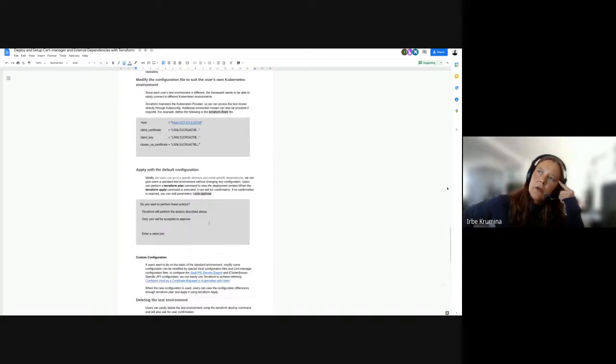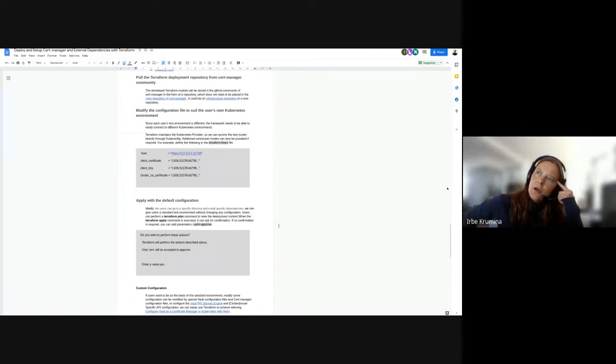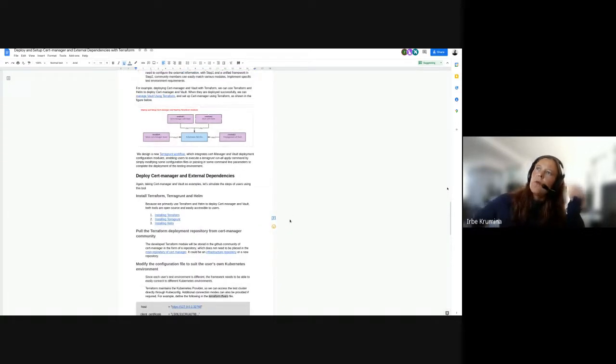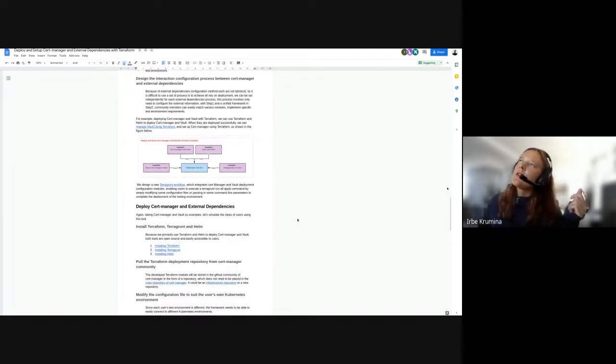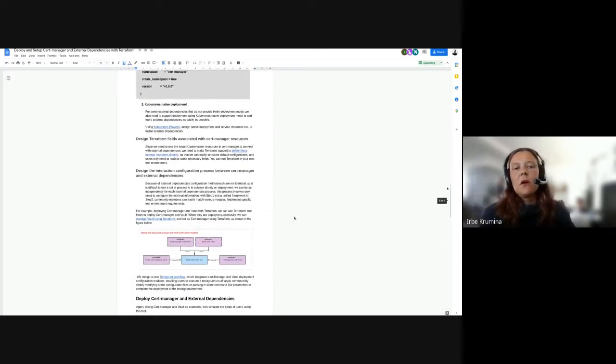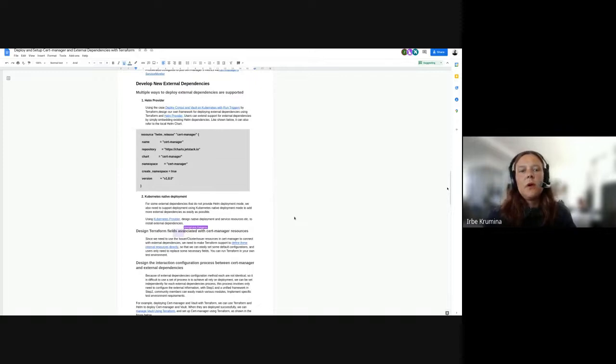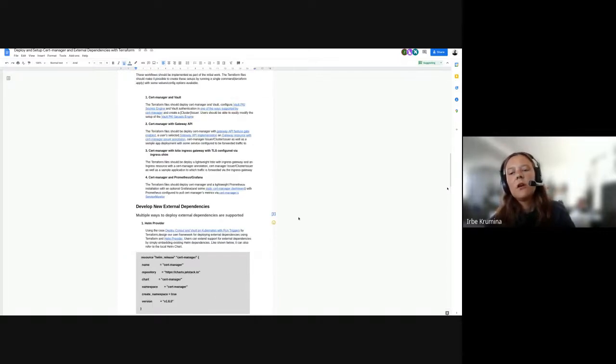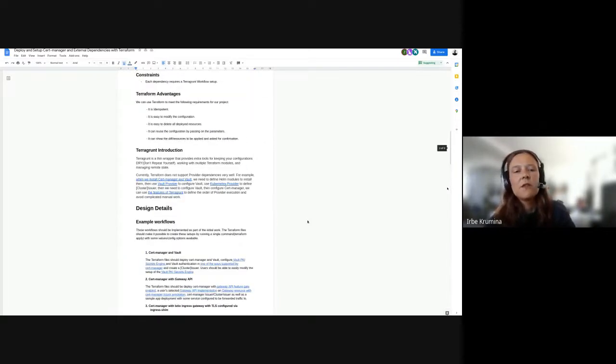The idea is that this would create a general framework where anyone who is able to can add scripts to install more dependencies. What we want to actually add is cert-manager with Vault, cert-manager with Contour, I think, and the gateway CRDs.